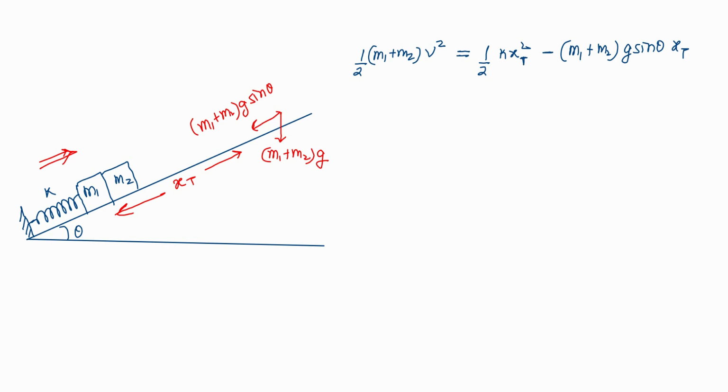So xt in both these aspects is the same, that is 3 by k (m1 plus m2) g sin theta. On substituting the value we get the equation like this: